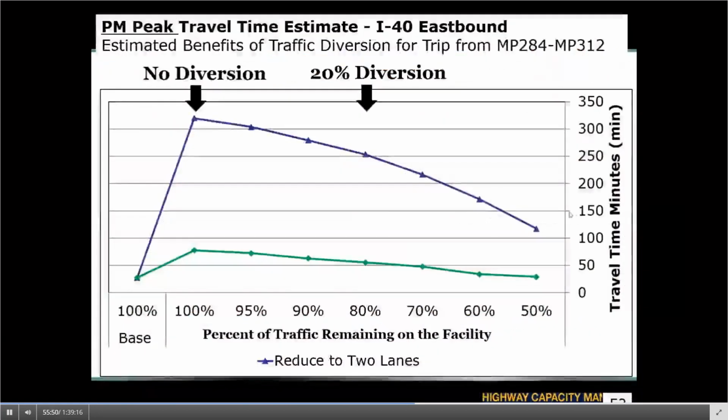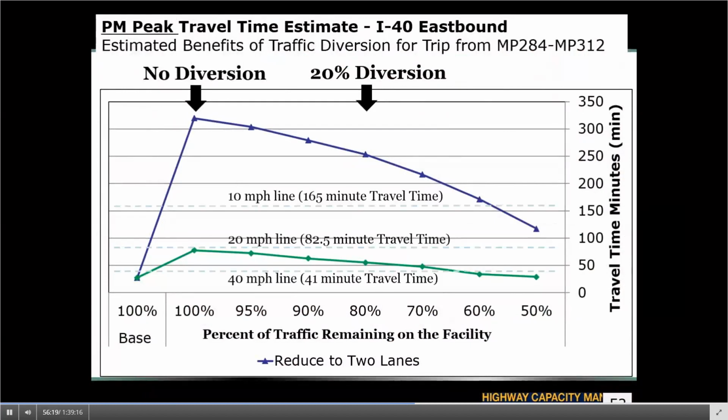Taking this diversion sensitivity and the comparison of 2-lane versus 3-lane pattern a step further, here is a look at the 2-lane pattern shown in the blue line and the 3-lane pattern shown in the green line, and looking at a simple diversion sensitivity, where every data point is a new run of the methodology that just has a global diversion percentage applied, 5%, 10%, 20%, all the way up to 50%.